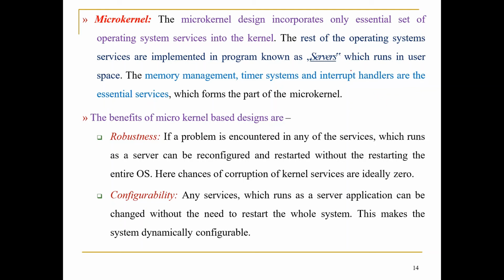So whichever are important are kept in the kernel space, whichever are not that critical are kept in the user space. Whenever something happens in the kernel space, you can just change the kernels there. You need not restart the entire system. Whenever something gets spoiled in the user space, you need not actually install the operating system. You can just rewrite the things, or you can just install the parts of the kernels as such. Whereas in case of your monolithic kernel, the entire operating system has to be changed, because of which it had no robustness and no configurability.